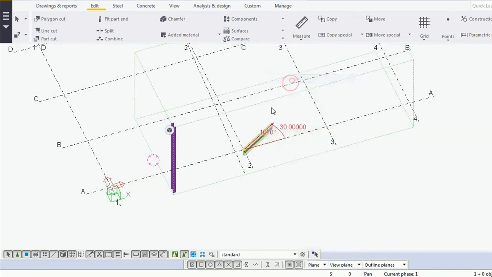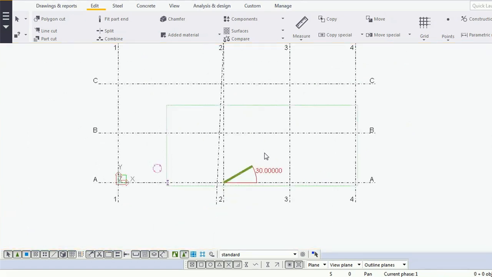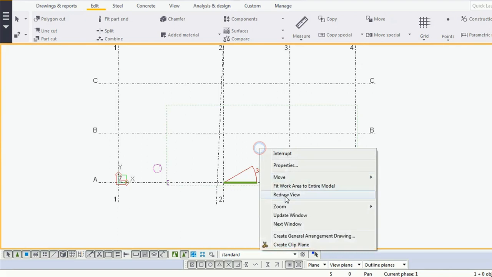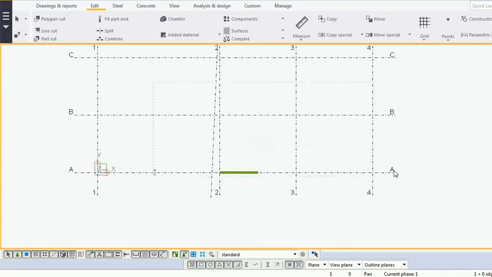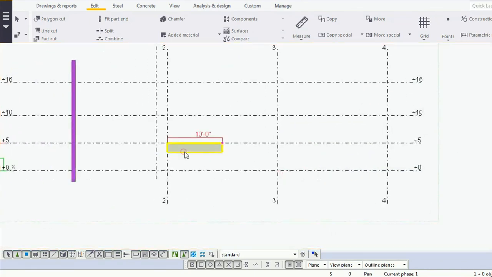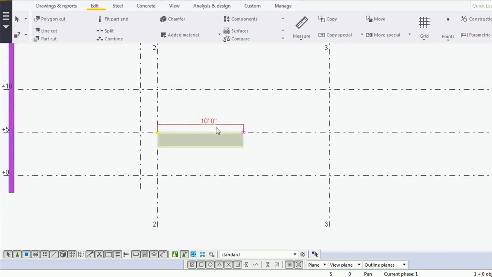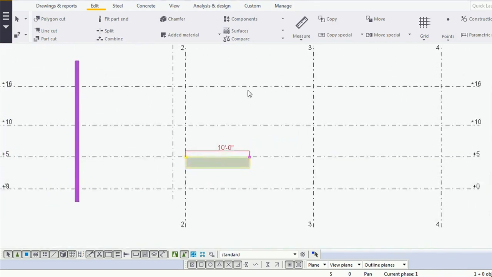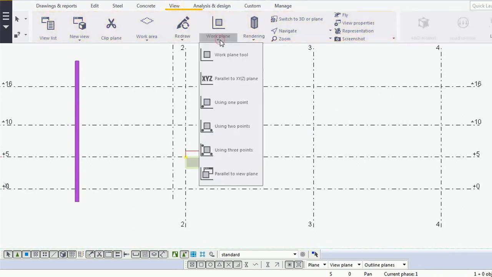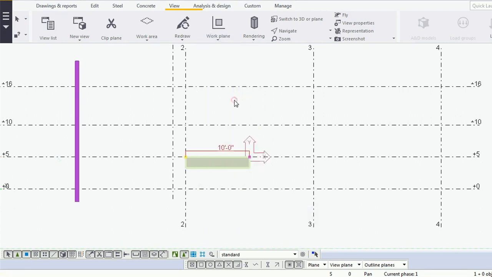So what I will do, Control Z, go to the elevation view at the grid A, and I want to rotate this beam at 30 degrees. Because it's XZ plane, we will go to the view, work plane, parallel to view plane. I will select on the empty plane, so it will be converted to XY plane.